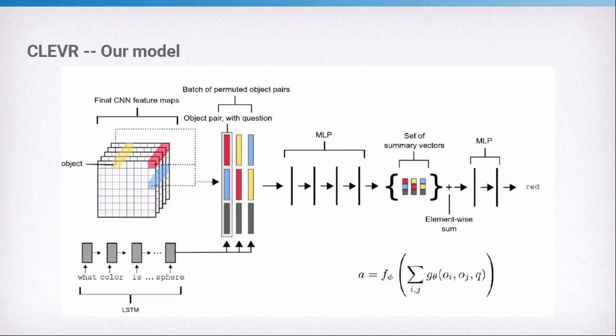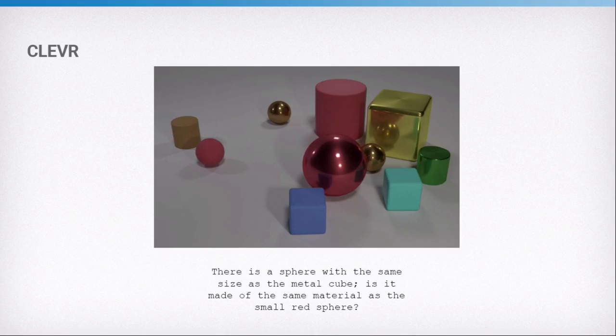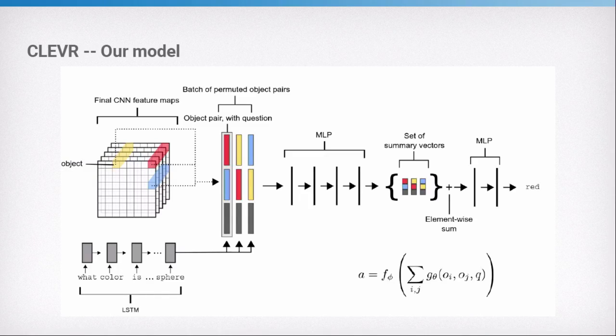This is just a diagram of how we hooked up a relation network to a standard neural network architecture. We start off with our image and use just a very simple 4-layer convnet to process it into a number of feature maps that are 8 by 8. And then we take each pixel vector as an object. Since we take each pixel vector as an object, this means that objects are not necessarily tied to the physical entities that actually exist in the picture, and an object may even correspond to, say, the background.